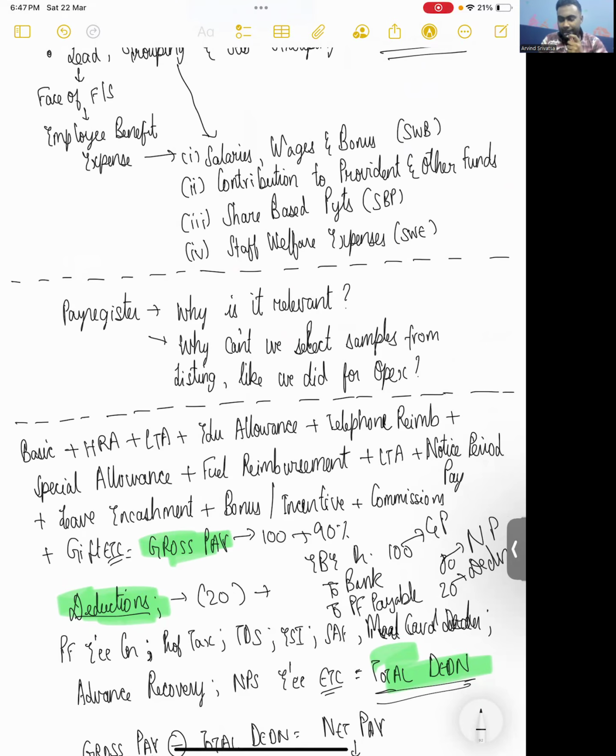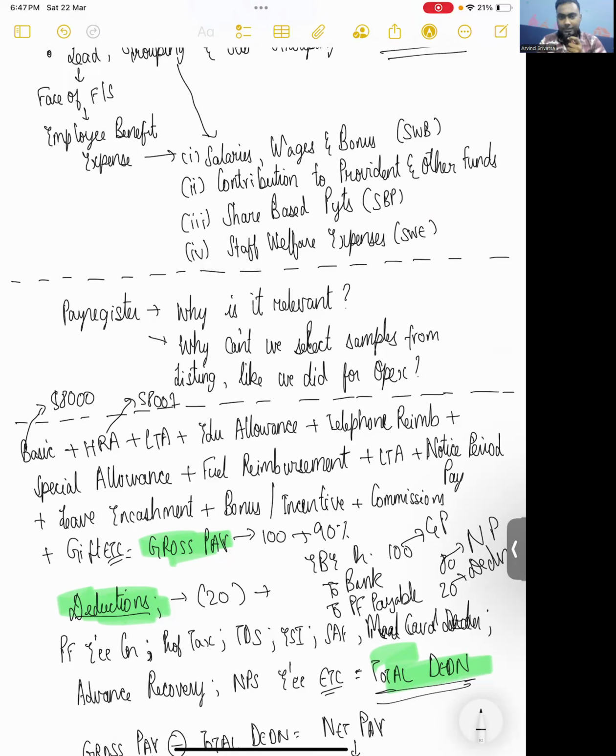Like for example, let's say your basic here will be assigned a pay code of example XYZ. Your HRA will be assigned a pay code of ABC. So what will happen is any accounting software or any ERP will be configured in such a manner that your basic component here directly hits GL code 58000. Your HRA will be configured in such a manner that it hits the GL code 58001. So through this manner, you will be able to understand as to which of the components of the pay register